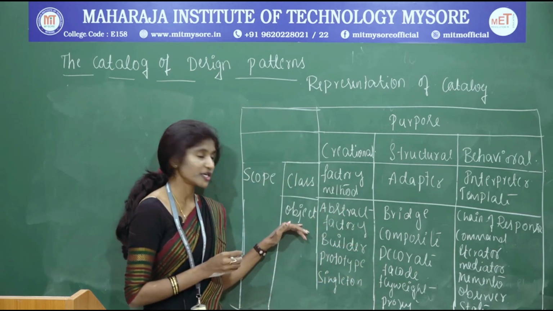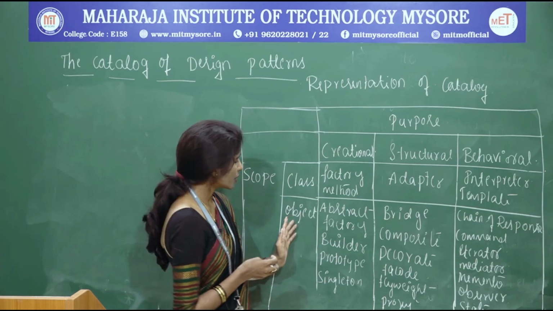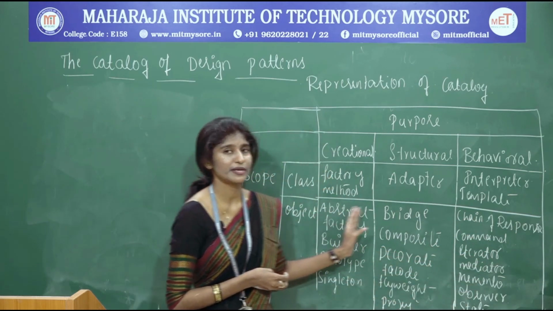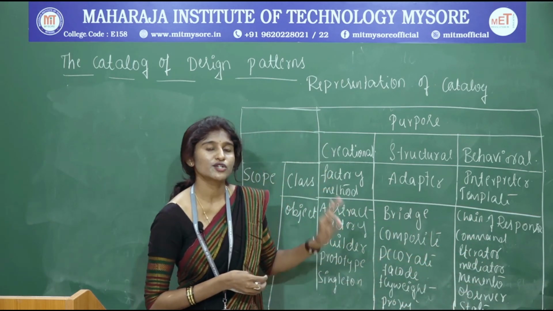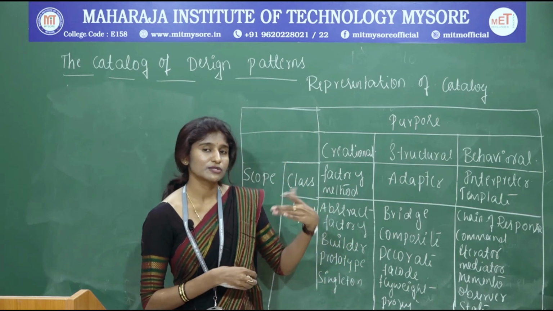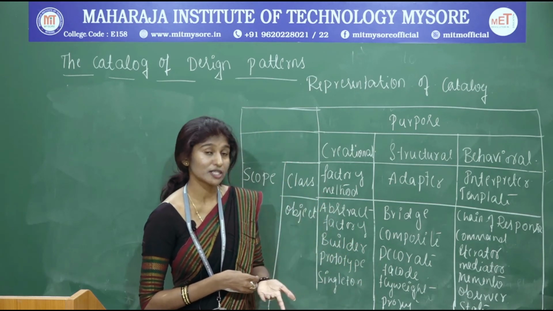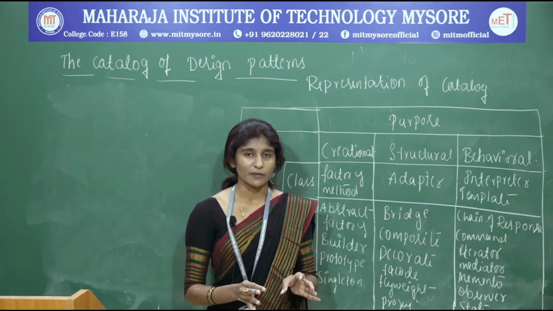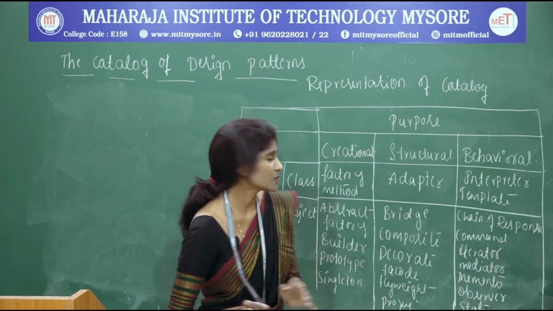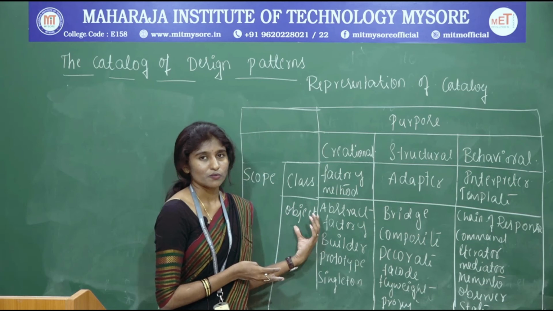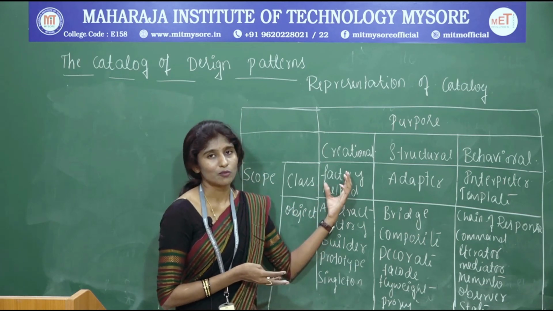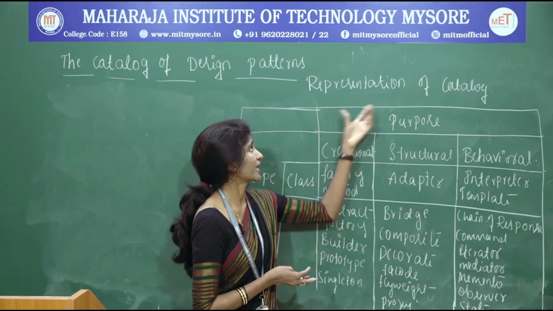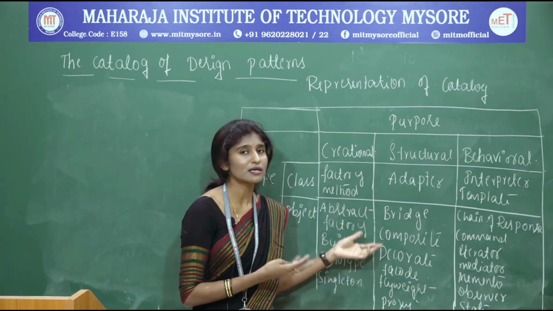Okay. And coming to the object scope. Object scope means all these design patterns which I have written here are confined to objects, means the responsibility assigned to a particular object, the behavior of that object, and the structure of that object, how to create that object. So it is completely related to objects only. Here it is restricted to object mode. That is why it is categorized into the object scope. It is not going to work with a class scope. So that is what is given with this representation of a catalog or categories of design patterns.